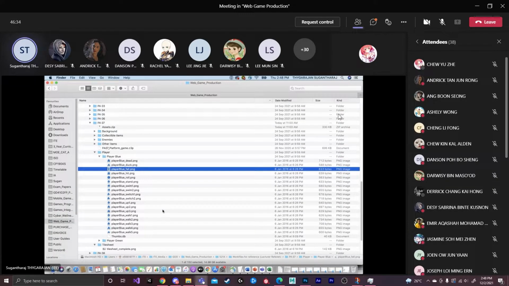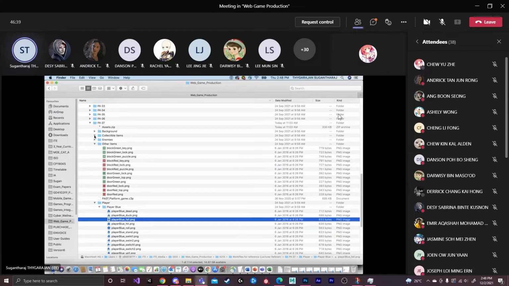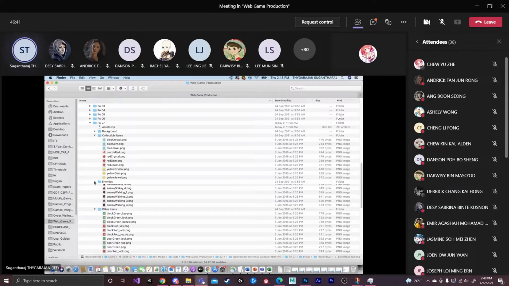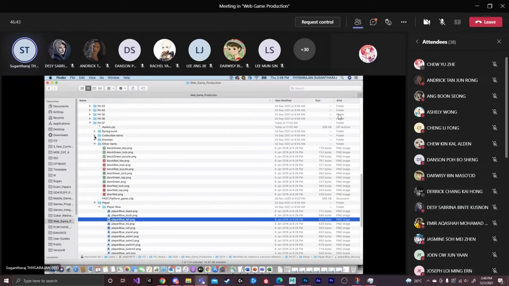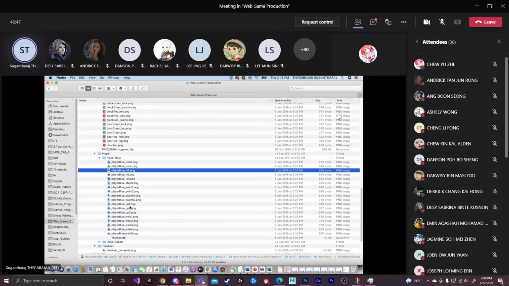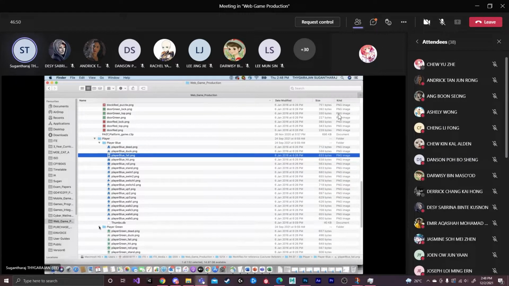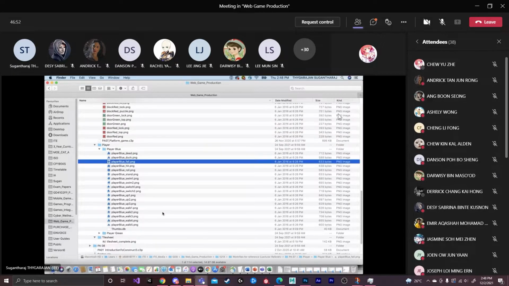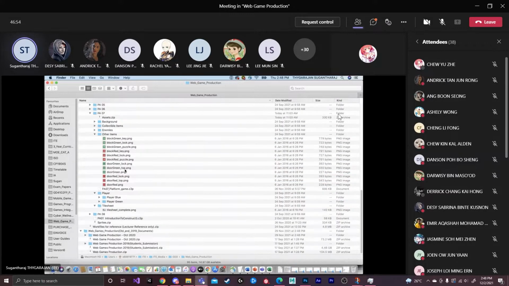Inside the assets you just go and then you can choose whichever you want to use as the boxes, the colors or whatever might be. You can choose, or you can just create your own. The rectangle box you can just choose whichever you want. It's not here. You can create on your own.